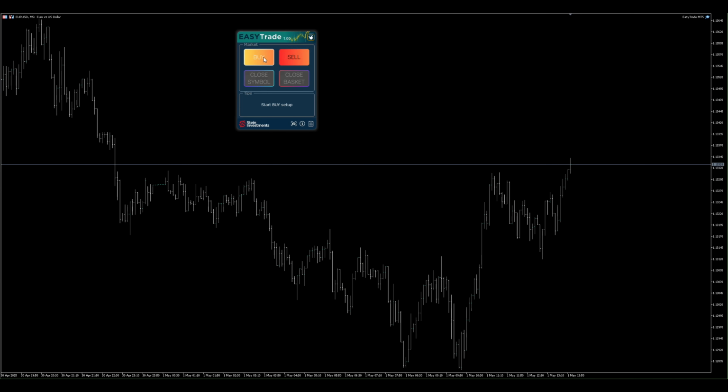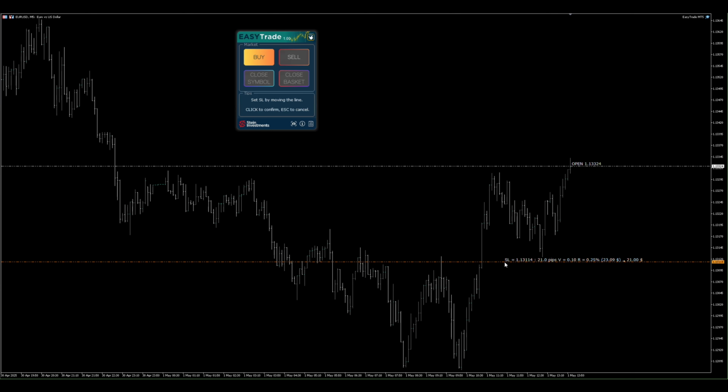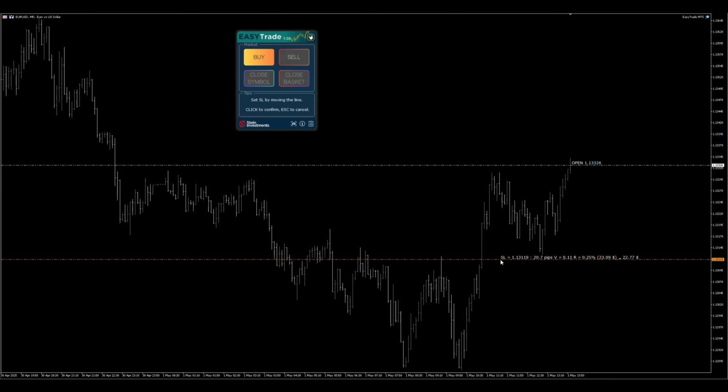Trading is really extremely easy. You start with buy, then you get a hint that the SL is on the wrong side with the mouse pointer here on this side, and there you have it. You can set the SL, and you see in the line label the information where you set the SL, how far the SL is away in pips, then what volume will be executed with this stop loss line, the risk